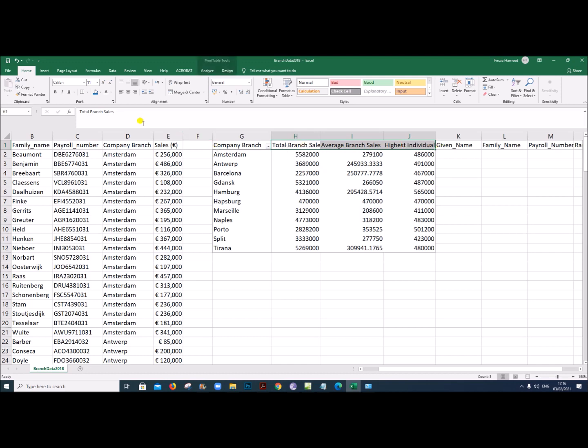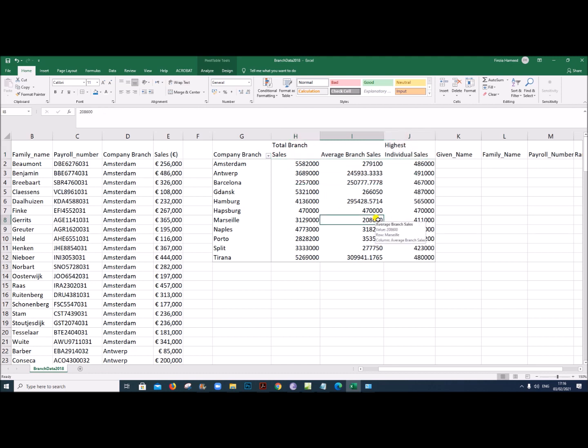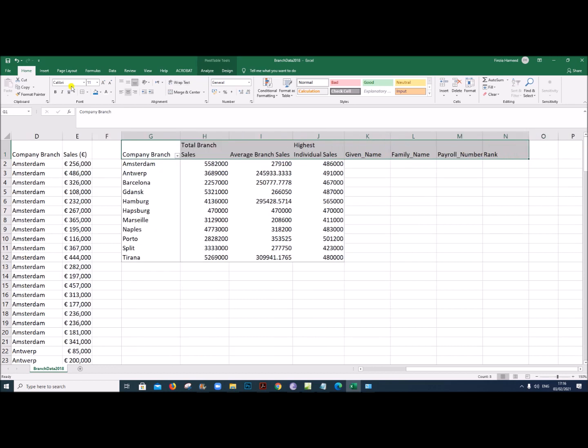Now these three cells, let's give wrap text so that it comes on the next line, and it should be center aligned. So select everything, make it center aligned.